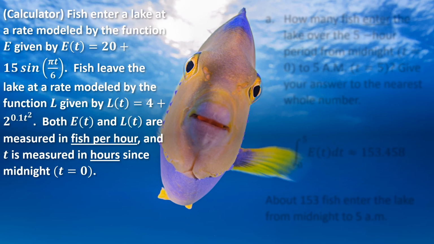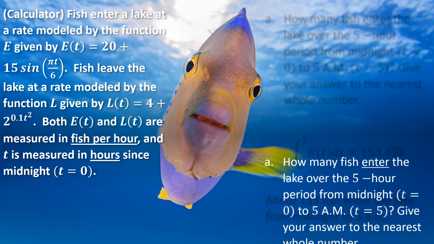All right, the next question says that we have fish entering a lake at a rate given by E, and then we have fish leaving a lake at a rate of L. So a very common problem on the AP exam is rates in and out, right? You got something entering and you got something leaving. Both E and L are rates, in fish per hour,